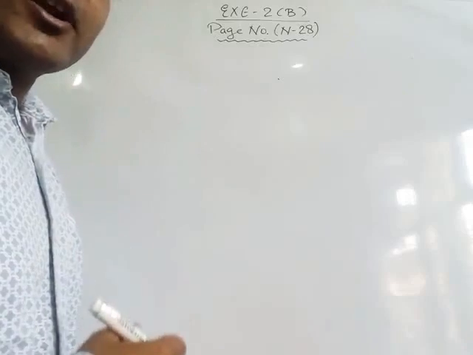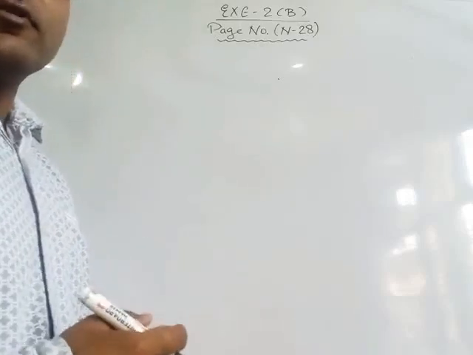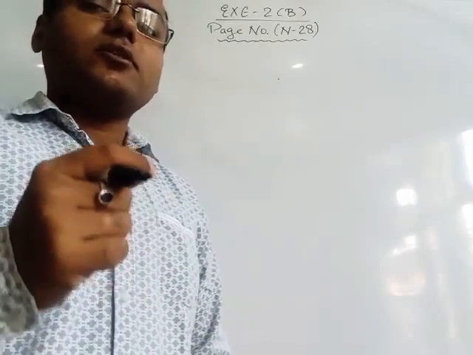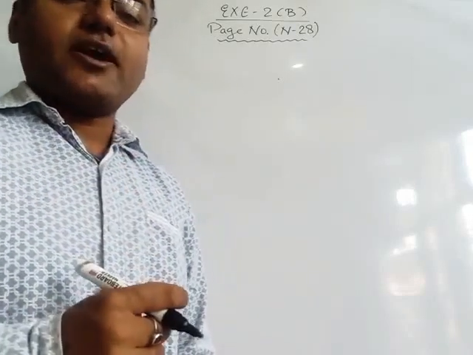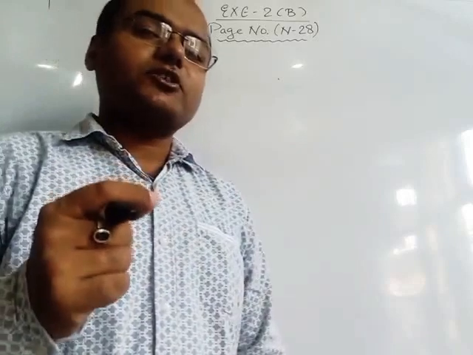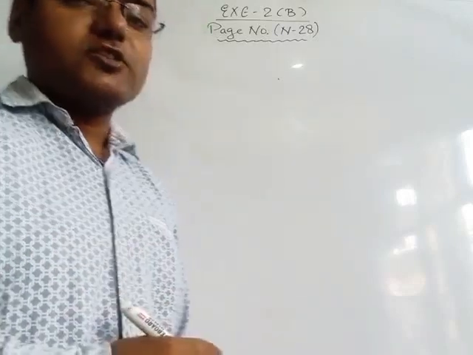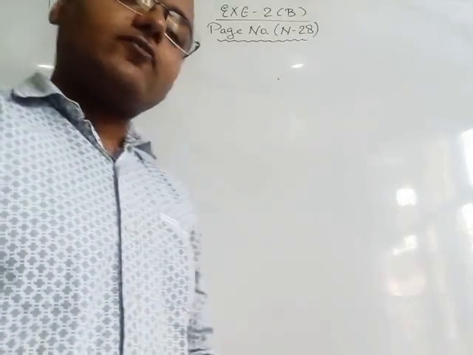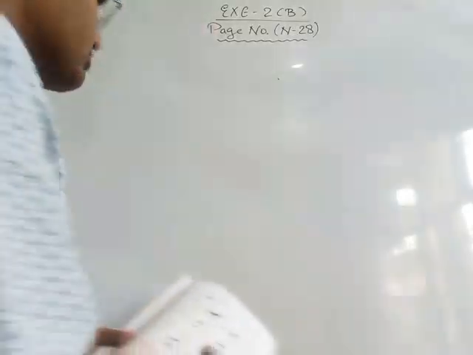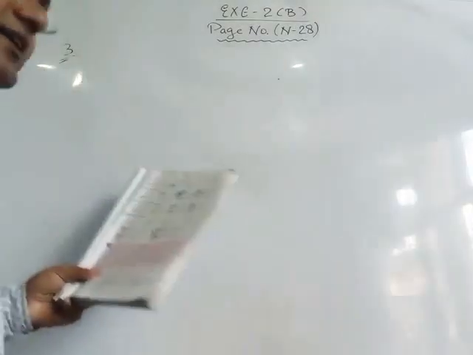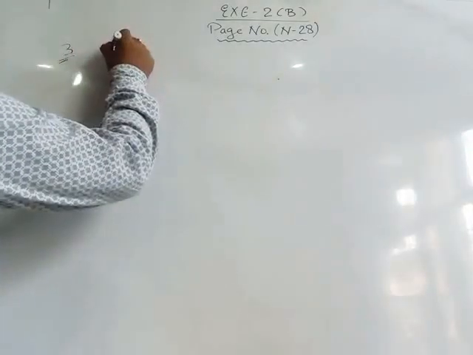So we were on the fraction exercise, and in that exercise we had done the questions based on BODMAS. Simplification questions we had done, and in those simplification questions we had used the rule of BODMAS. So two questions we had already finished. Today we will start from question number 3. Find the value of the following. We have to find the value.